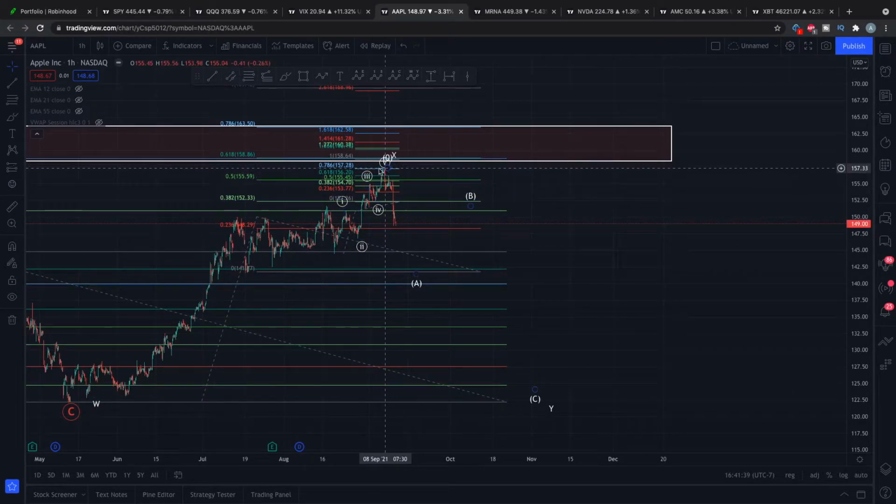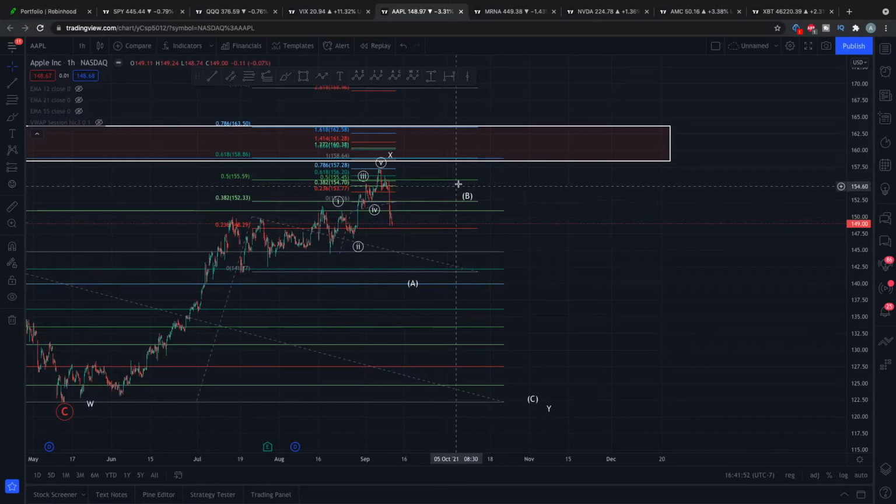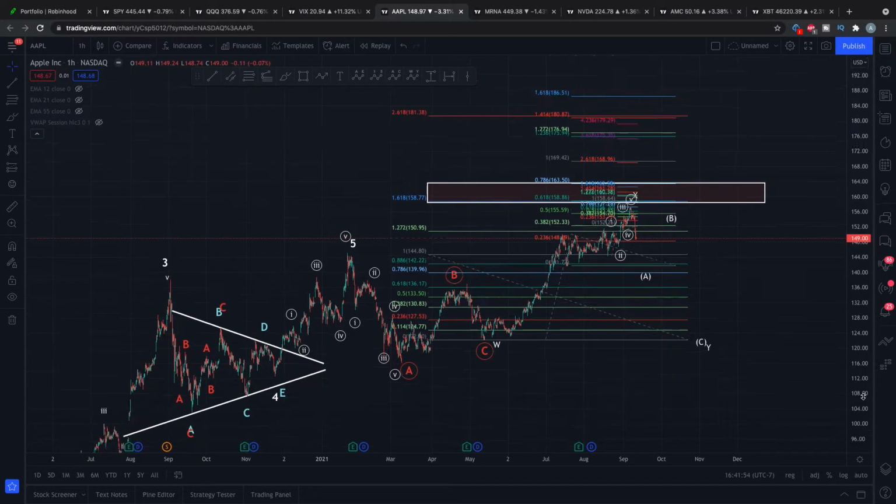And we rejected that fifth wave right at the 0.786 extension at around 157. And then we headed downwards right after that. And it looks like this is the start of an A wave to the downside of this wave Y. So for that downside move, we would see an A, B, C formation, and that would possibly bring Apple stock